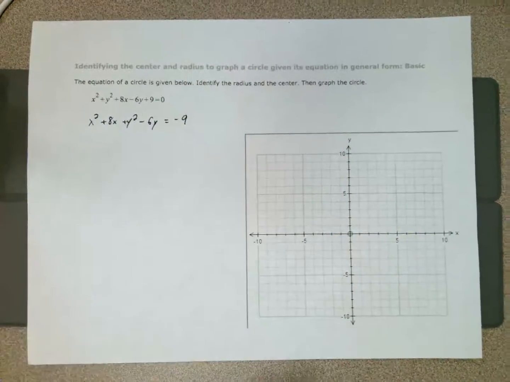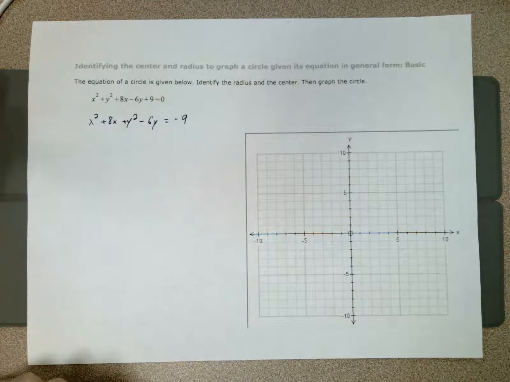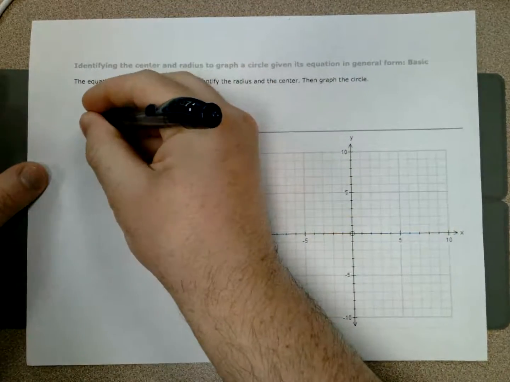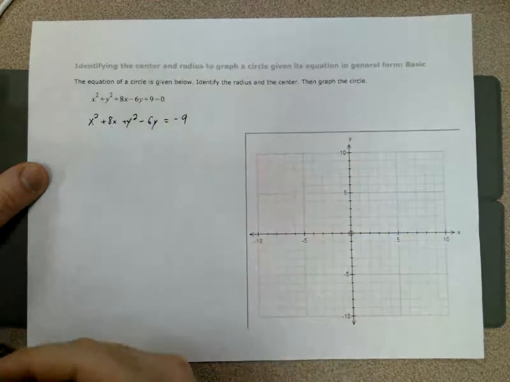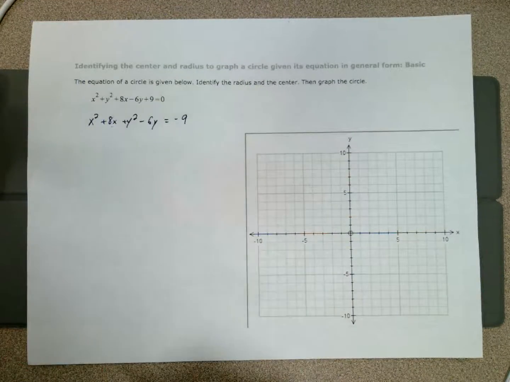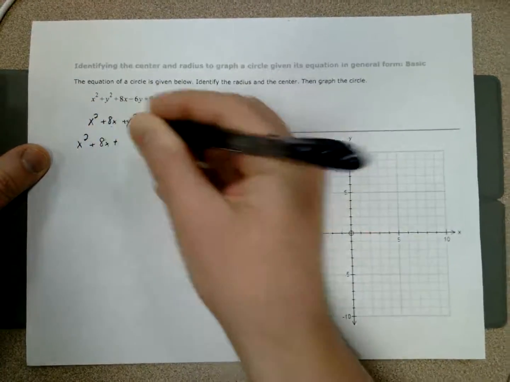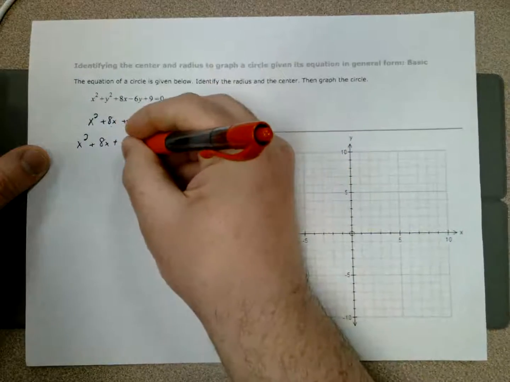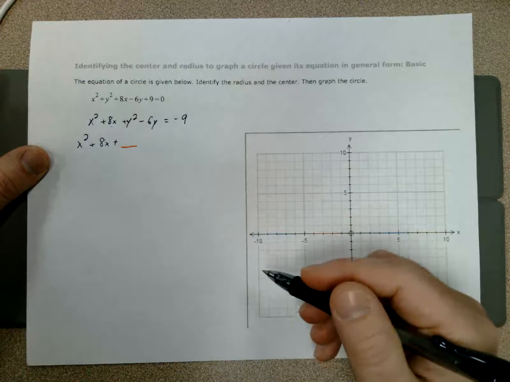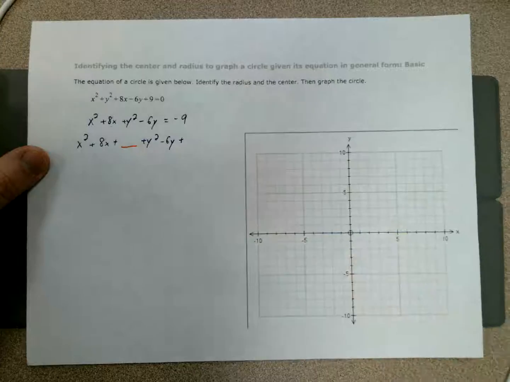Okay. So the reason I'm doing this is I'm going to be completing the square. So what that means is I'm going to turn each of my variable sets here, the x's and y's, into perfect square trinomials. So I want to put them together so I can figure out what my trinomial looks like. So it's going to be x squared plus 8x plus something. I don't know what, so I'm going to put a little line here. That's going to turn that into a perfect square trinomial. All right, so y squared minus 6y plus something,